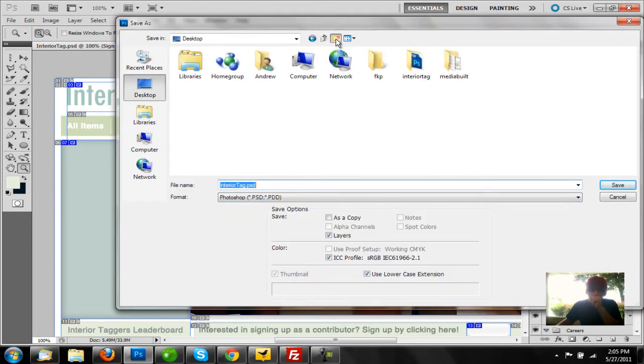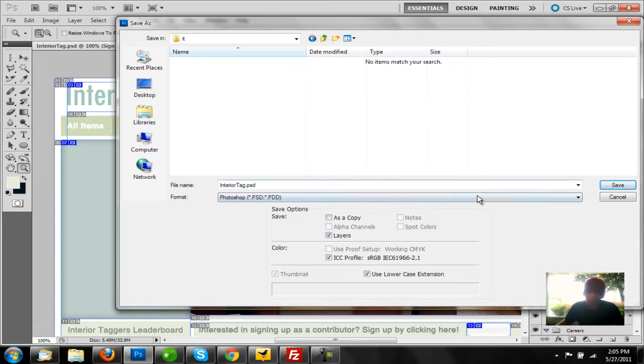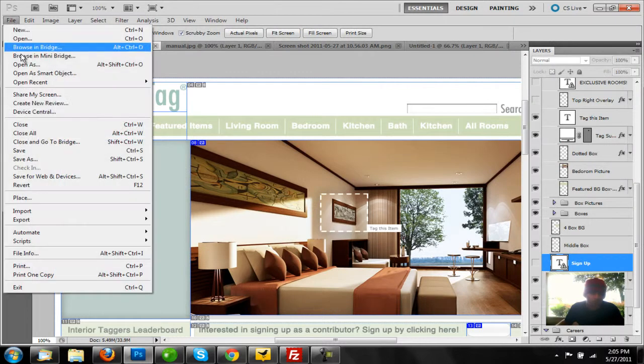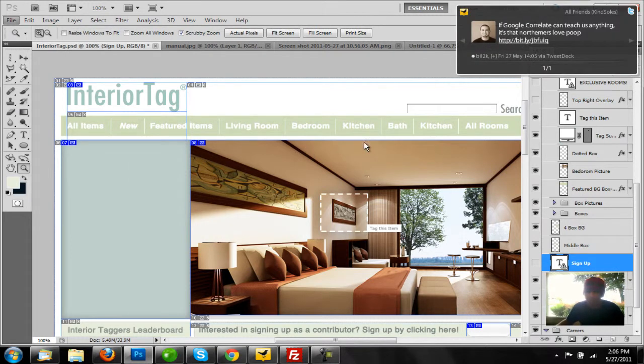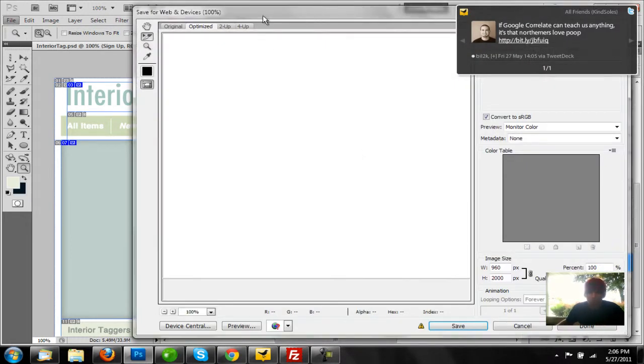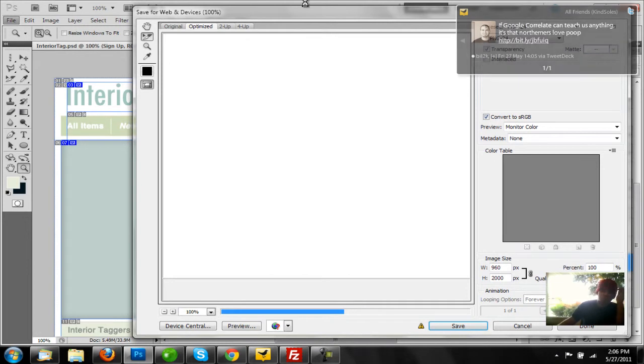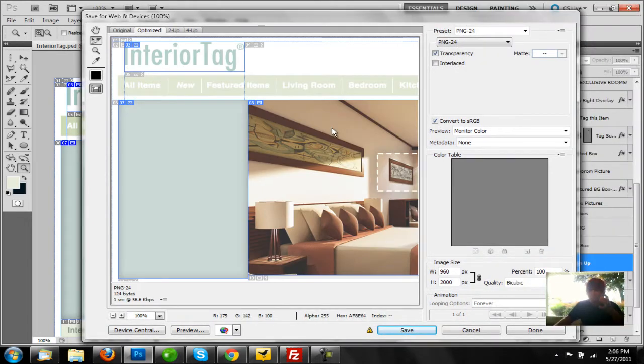Okay, so let's create a new file and we'll name it IT for interior tech. We're going to go to File, Save for Web and Devices. Okay, so it's going to pull up this dialog box where it's going to ask you to save different images